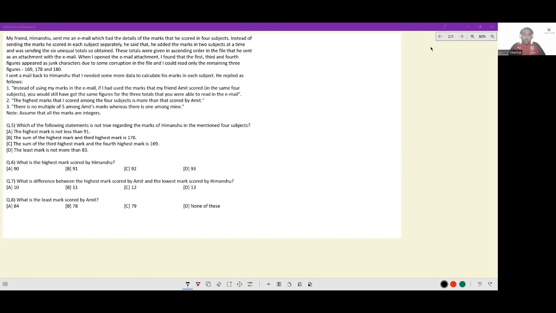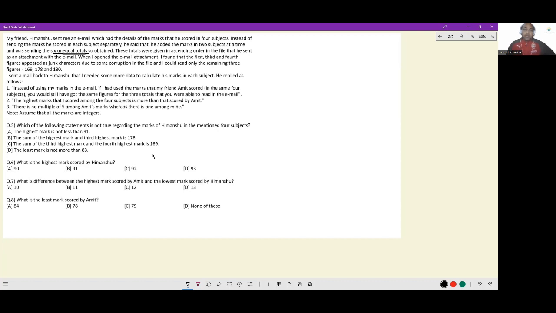Let's look at this set. My friend Himanshu sent me an email which had details of the marks that he scored in 4 subjects. Instead of sending the marks in each subject separately, he said that he added the marks in 2 subjects at a time and was sending the 6 unequal totals so obtained. When he says 6 unequal totals so obtained, he's effectively saying all the 4 marks obtained by him have to be distinct scores. Okay. These totals were given in ascending order in the file that he sent as an attachment